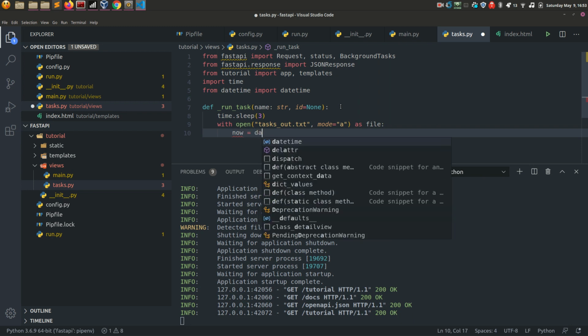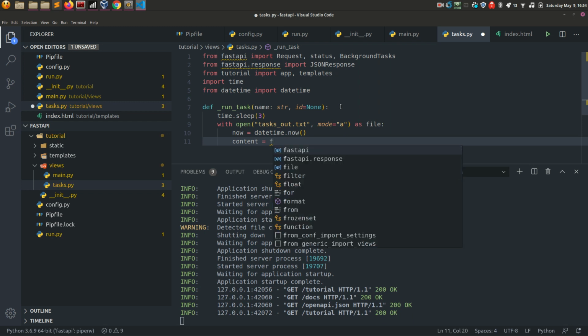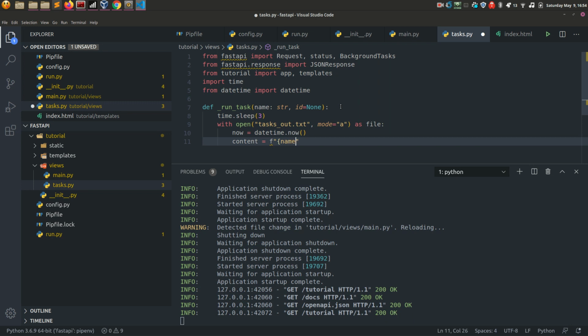Now is going to be datetime.now. So this is the current timestamp at the moment this function is called, this run task function. Content is going to be, let's make it an f-string. An f-string is basically where you can embed variables directly into your strings. So it's going to be name, and I'm going to give it an ID. You can give it whatever you want here. These don't really matter. These are just placeholders to show you how the data gets pushed. And then give it a timestamp, the current timestamp,